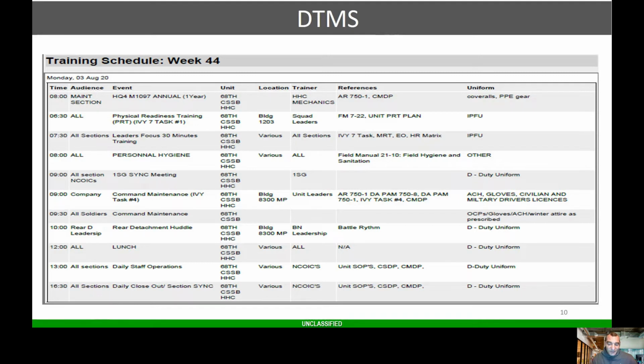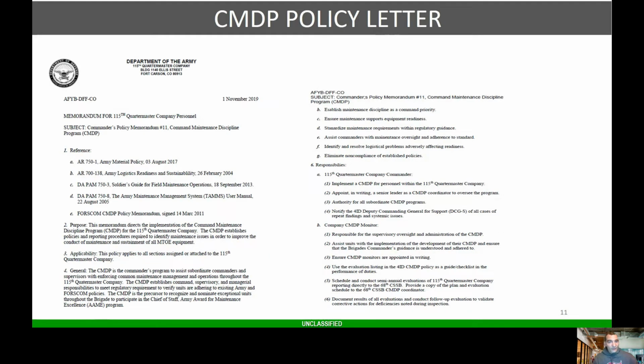Make sure you look at that on the training schedule. And then here's a CMDP policy letter that I drafted when I stood up a field feeding company. So I wanted to make maintenance the cornerstone of the field feeding company, since they were now serving units above echelon. So one thing I wanted to do with the commander was explain to him what his responsibilities were and what